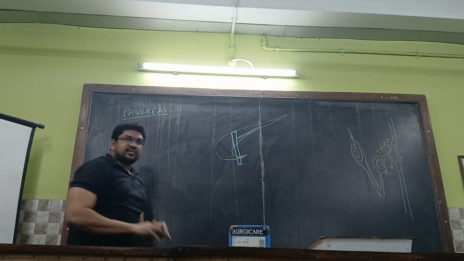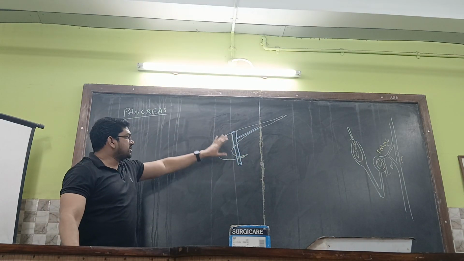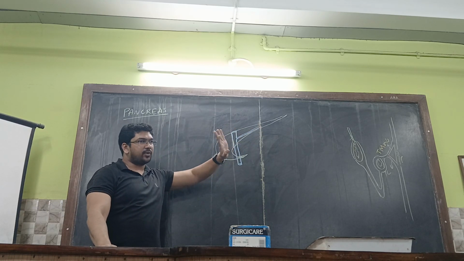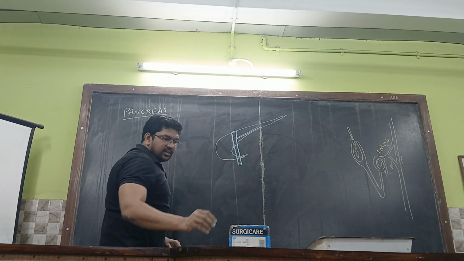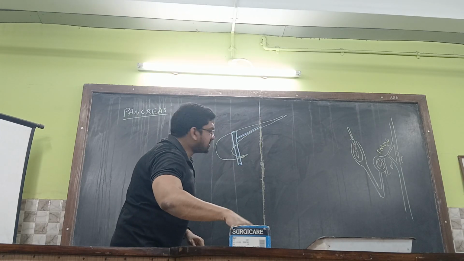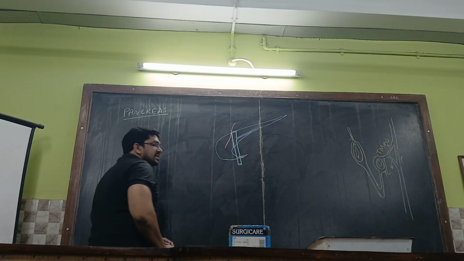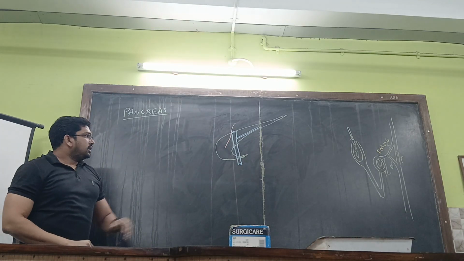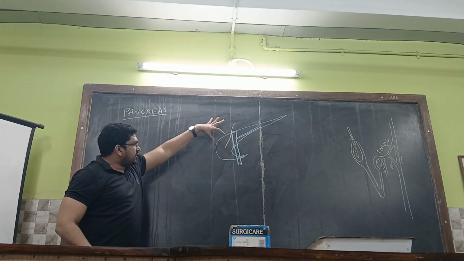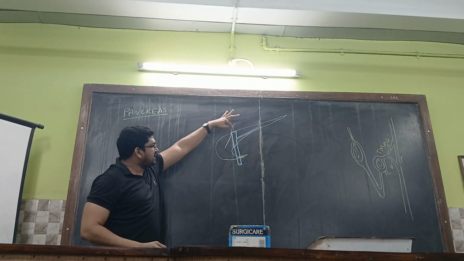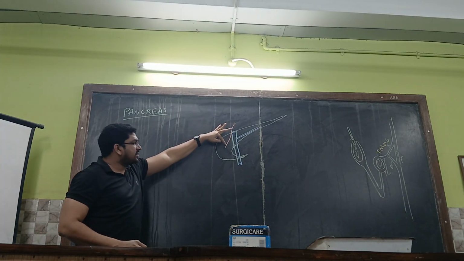Okay, see here, what are the things which are present at the head, neck and body? Structures which are present at the head, neck and body. Okay, so there is a vessel which should be running in front of the neck of the pancreas over here. Just at the junction on the anterior aspect of the pancreas, in between the head and the neck, there runs an artery over here. That is nothing but